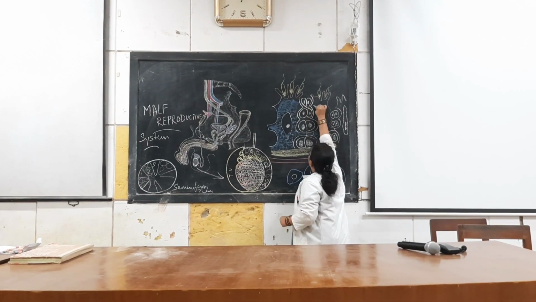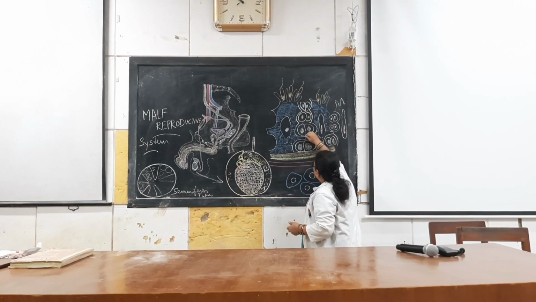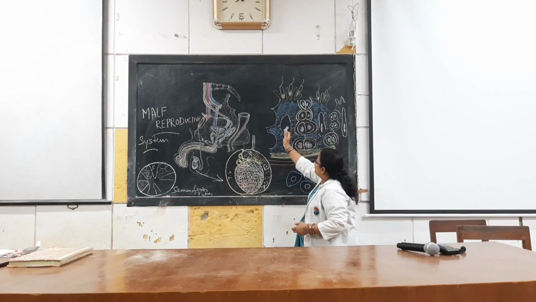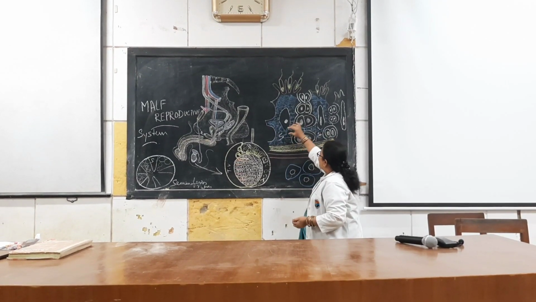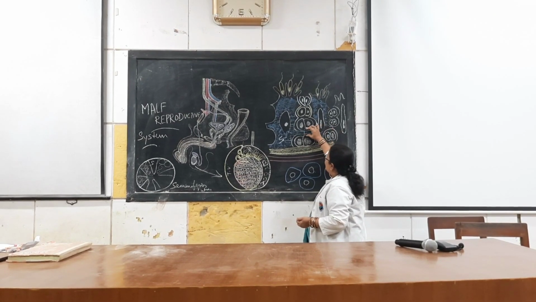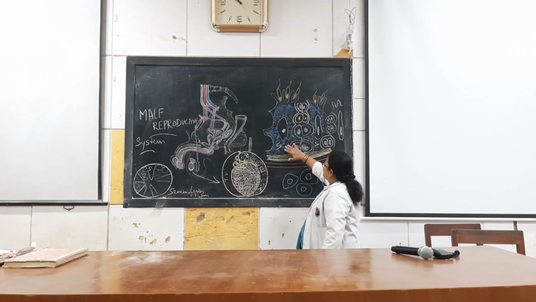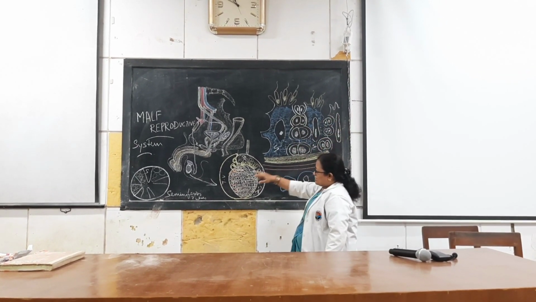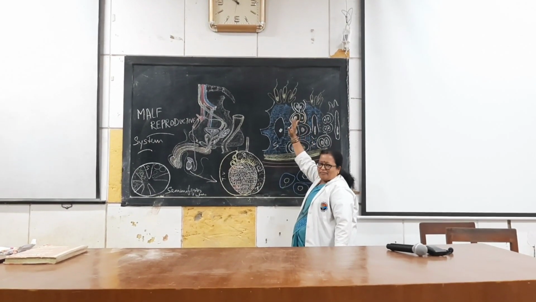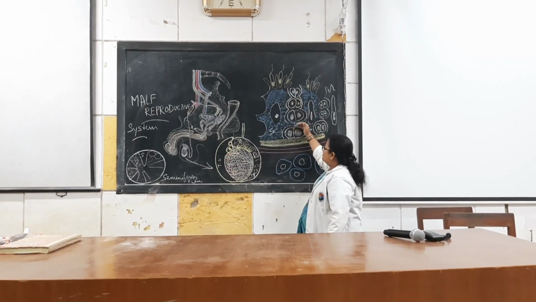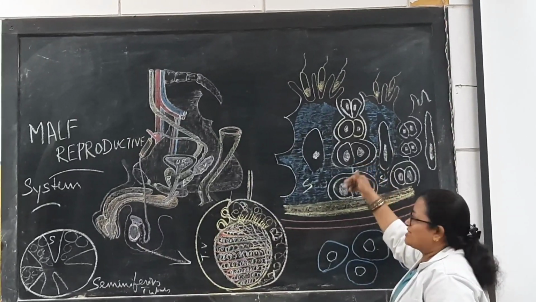So the lateral appendages of two Sertoli cells will form a tight junction. This is one Sertoli cell and this is another Sertoli cell. The lateral appendages of two Sertoli cells form a tight junction, and they will divide the lumen of the seminiferous tubule into a basal compartment and an adluminal compartment. In the basal compartment we find spermatogonial cells. So they will form the blood testis barrier.